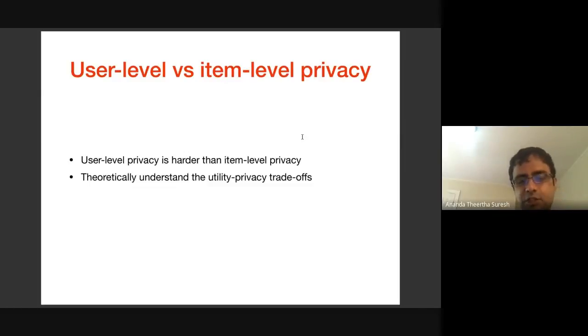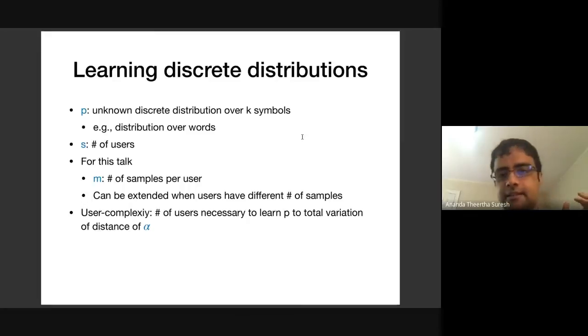To understand this question, we look at a very simple statistical problem of learning discrete distributions. So here is the setting. There is an unknown distribution P over K symbols. Think of this as words of a vocabulary. And there are S users. Each user, for this talk, assume has exactly M samples.